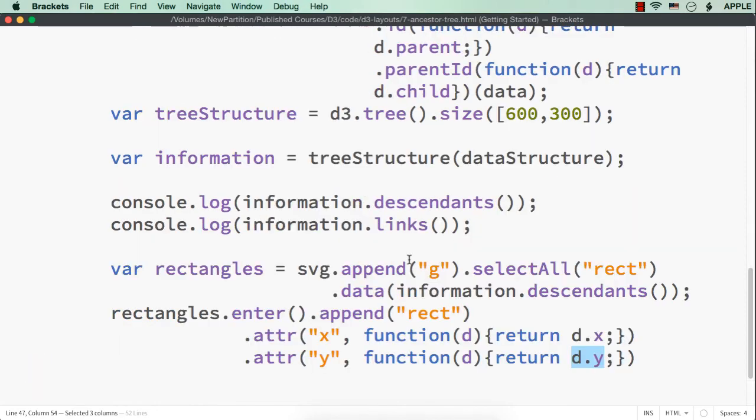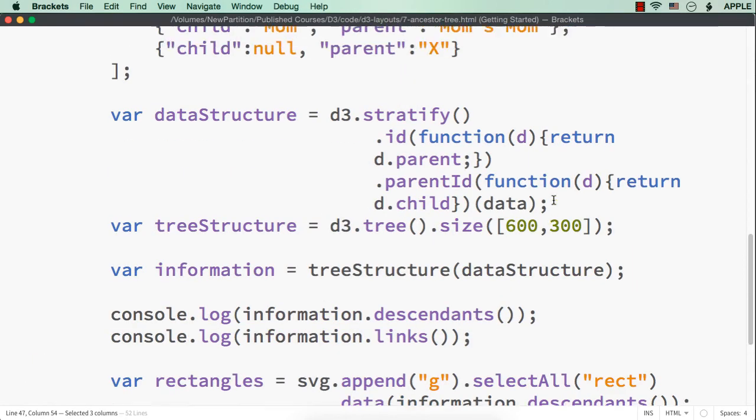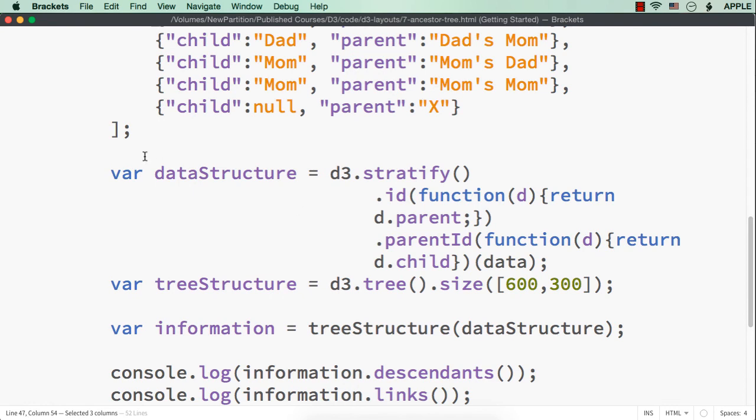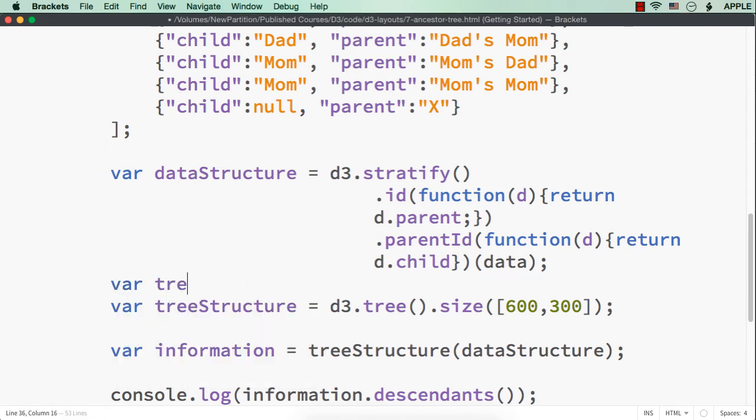We have specified the width and height here. So instead of hard coding the value, let me specify tree width, which is not actually required, but for uniformity we can have width also in a variable, comma tree height equal to 300.